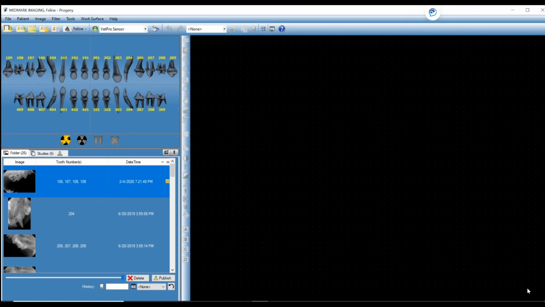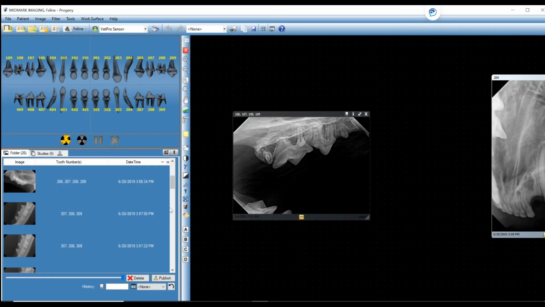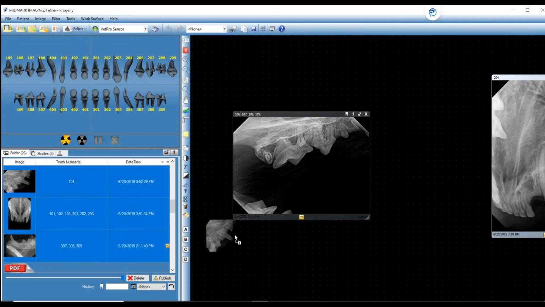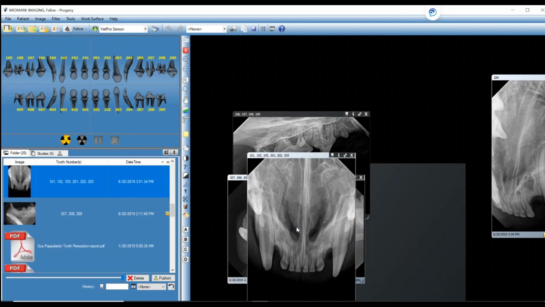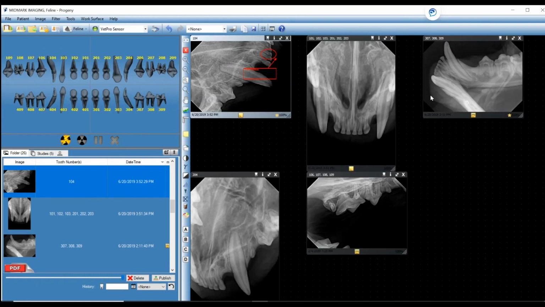To export patient images, let's get the images over on the work surface that we would like to export. Remember, I can either double click, I can left click drag, or if I want to bring multiples over, I'm holding my left click and dragging over onto the work surface. Once we have these images here, I can tile them up if I want. And then what I want to do is go up to the top toolbar, go to Work Surface, Export All,